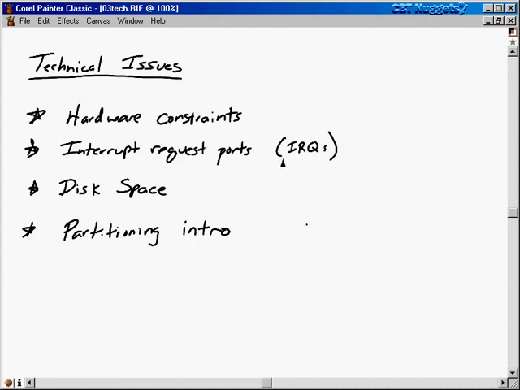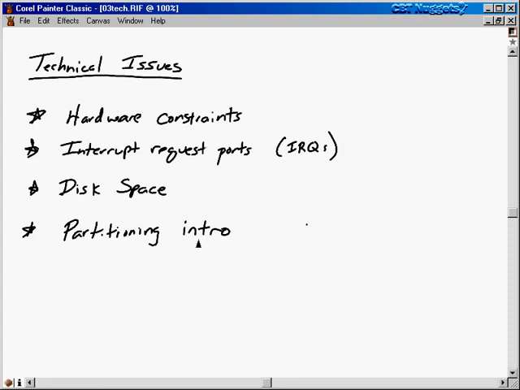And we're going to talk about these IRQ ports and the other communications channels in a typical Linux system. We'll talk about how to identify which devices are hooked up to which ports and why that's important. And then we'll talk about disk space, how to partition the disks, and this we'll just give a partitioning introduction today. We'll talk about some terms, we'll talk about the basic ideas behind partitioning, why we want to partition, and